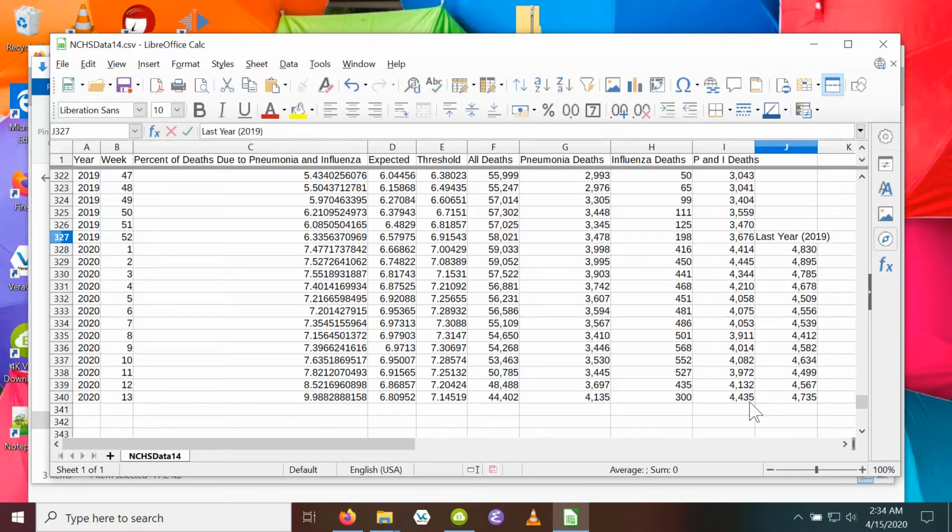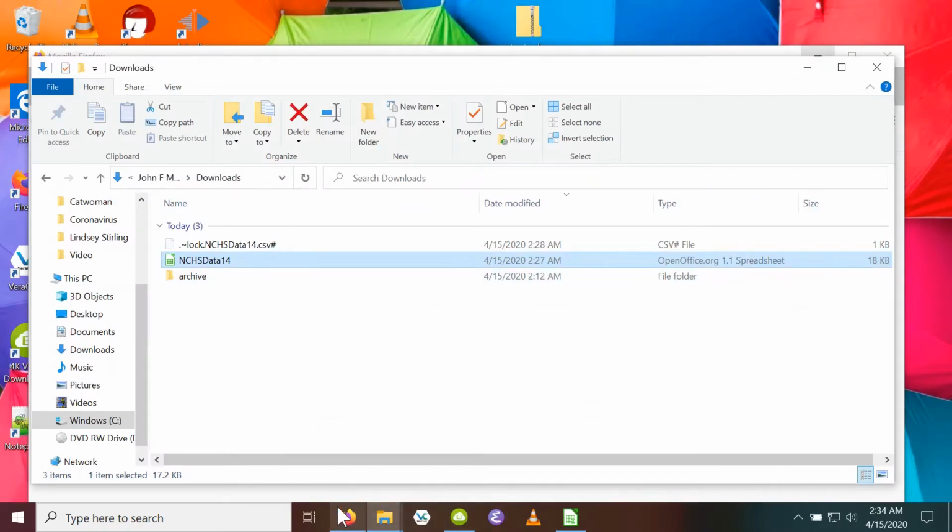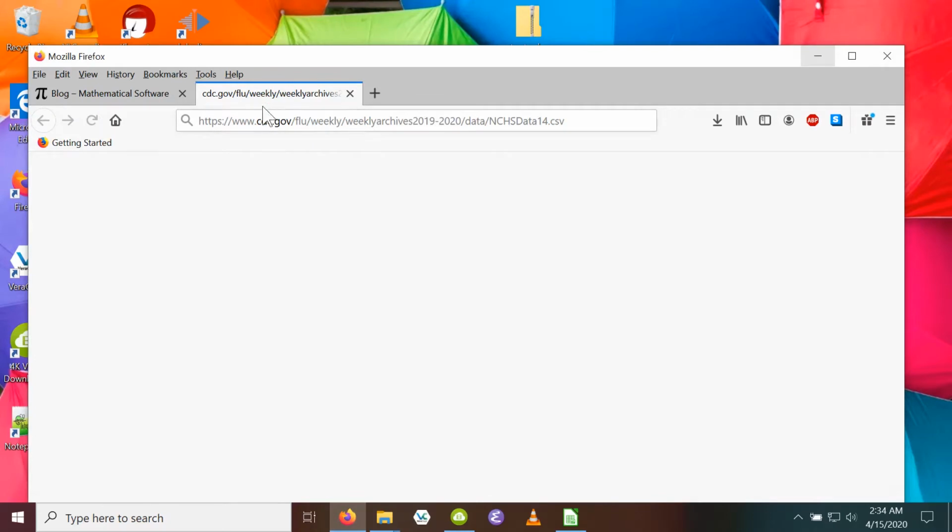Now, I'll show some more stuff about how complete these numbers might be. And that's a big issue. Okay, so that's basically the contents of this file. And I'm going to just sort of put it aside for now, and I'm going to go back to the website. And okay, so we got that file.